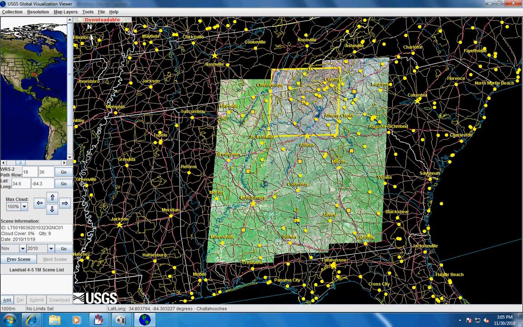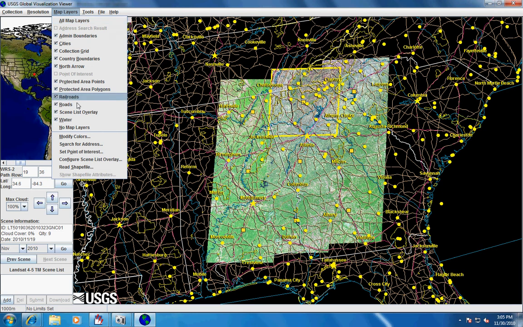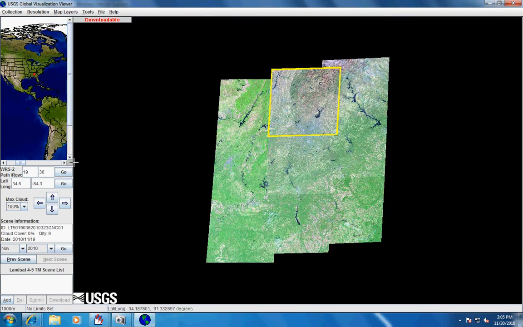So if you want, you can turn on all boundaries. There you go. Give you a better look at what you're looking at there. It's a little busy, I know. You can go back to map layers, no layers, and get rid of that. But anyways, this is the one I want. So I'm going to go down to the bottom here, hit the add button, and then the download button for